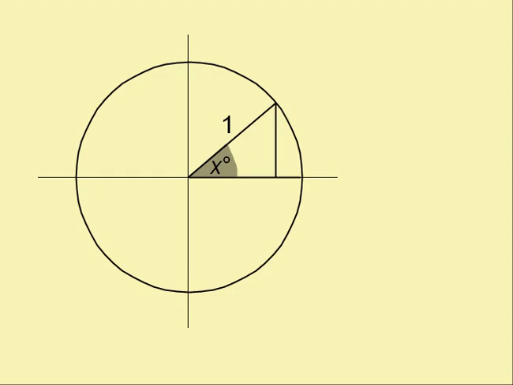This clip is about sketching the graphs of sine, cosine and tangent. We already know from basic trigonometry that sine x is given by the opposite over the hypotenuse. So in this triangle here, that will be this height, which is opposite the angle, divided by this, which is